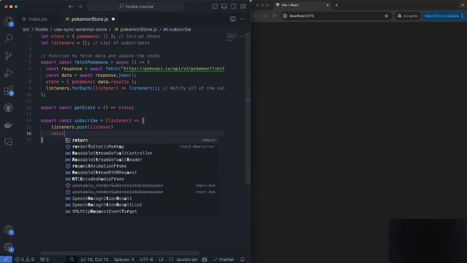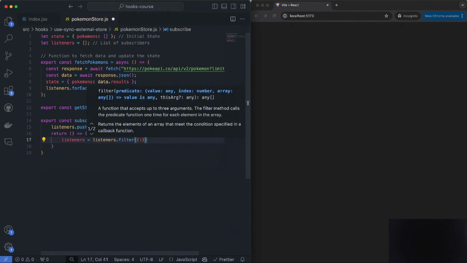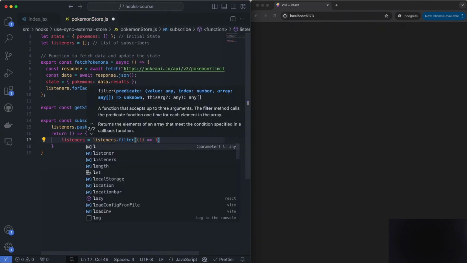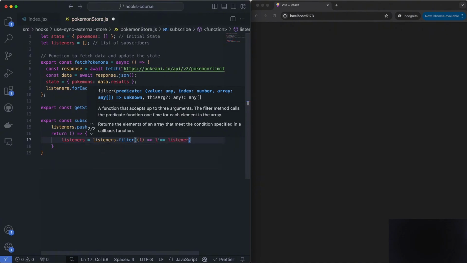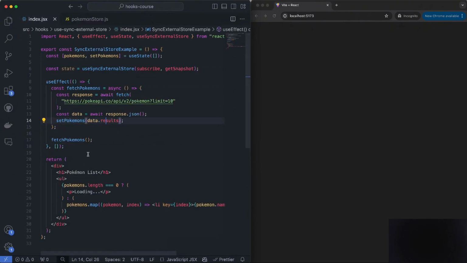And then when we finish this, we also want to clean this up and return back a function where I said listeners is equal to listeners.filter, and we'll just filter out if the listener is already there. So I'll say L is not equal to listener. This is just some logic to keep it. I know it's a bit confusing, I recognize that, but this is a very common pattern that you might see when creating a store like this, and it makes it very easy because now we can remove all of this